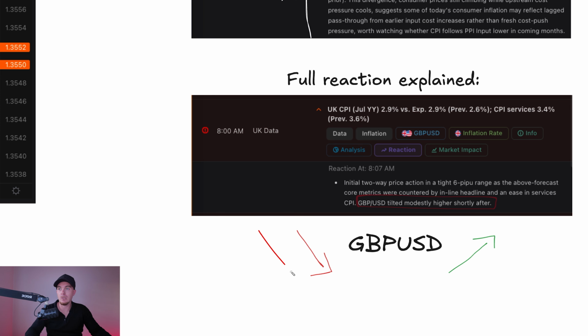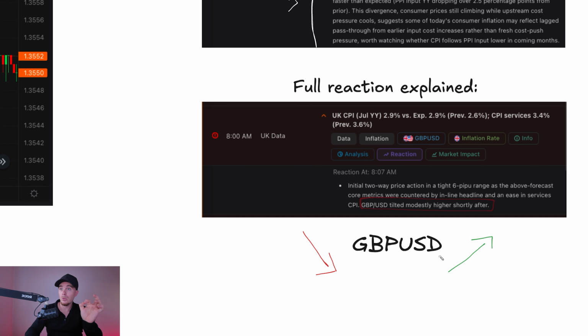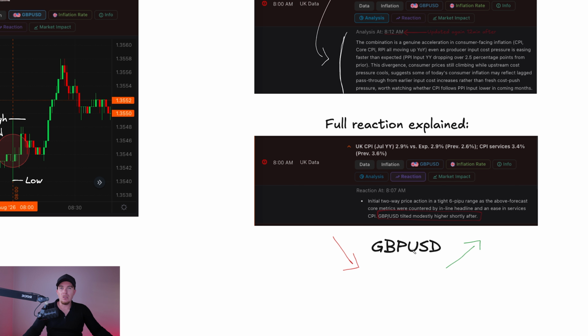So basically GBPUSD went down, then went up. Two-way price action. Up, down, and then up again. Instead of just checking the price, you start to understand that these macro data have a real impact on the market, and you start to understand how to interpret the inflation data itself. And this data is, let's say, neutral because it's basically as expected. Now, if you look,